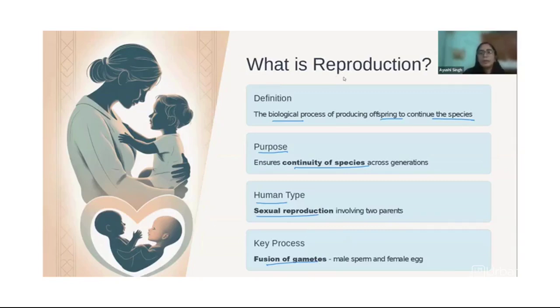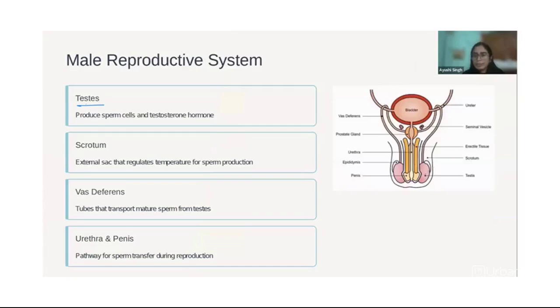Now, if we look into the depth of the male reproductive system first. Here, first a pair of testes is there. So you can see two testes, 1 and 2, right? These produce sperm cells and testosterone hormone, which regulates the whole system. So sperm cells will be produced here, right? Then there is a part called the scrotum. The scrotum is a sac-like or bag-like external structure